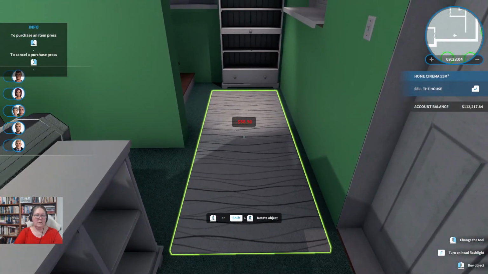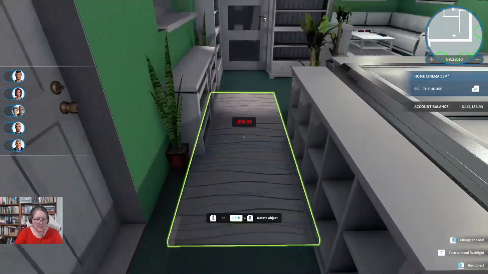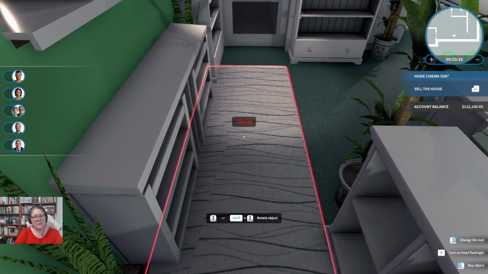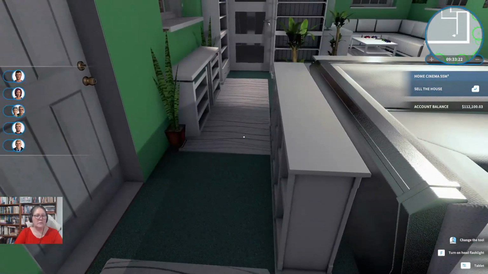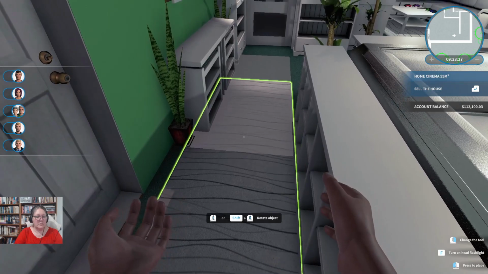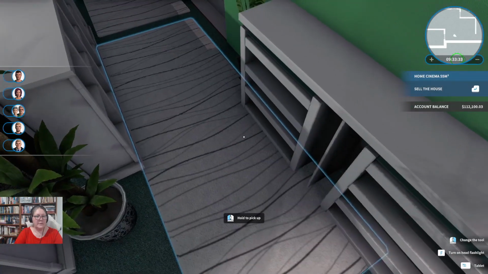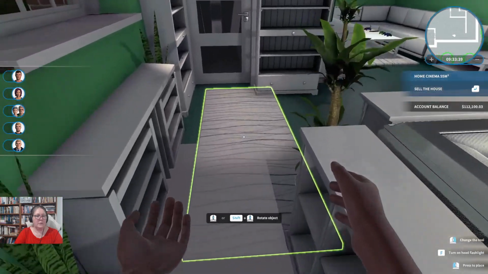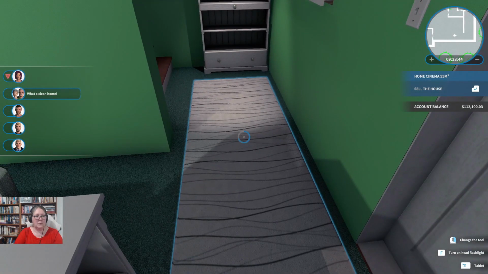We will put one here. And we will put one here, I think. Okay. I think it needs to come forward is my thought. No, that's too close. Alright, no, it will look okay if I put it about there. And this will look...